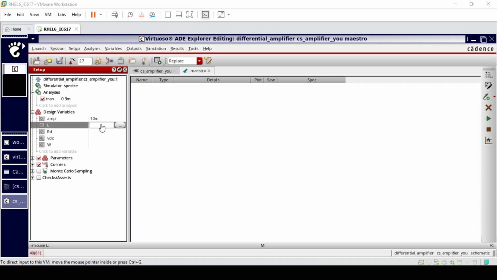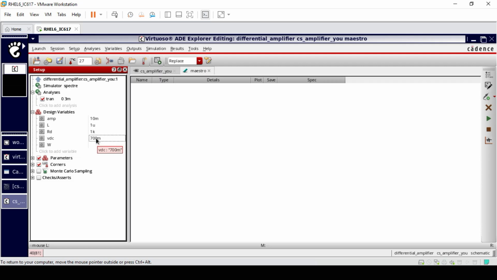As we have discussed, a short channel device will not be suitable for analog applications, so we will be keeping a large channel length, I will keep it as 1 micron. Initially the RD value I'm keeping as 1 kilo, and VDC